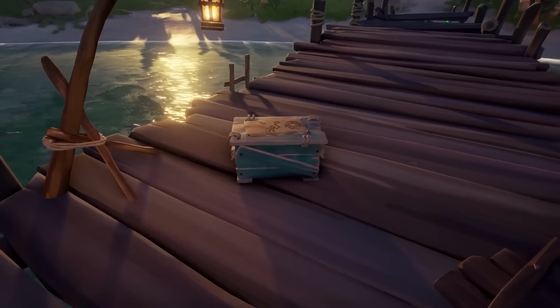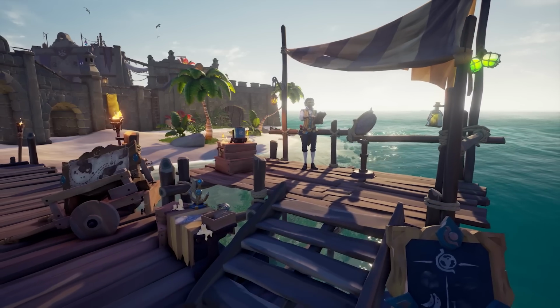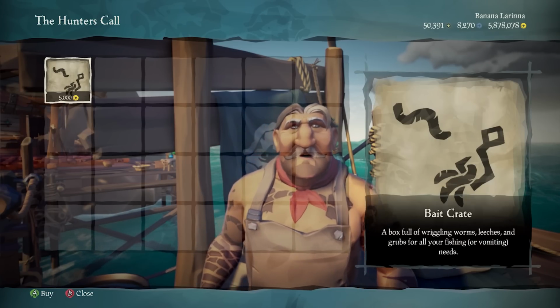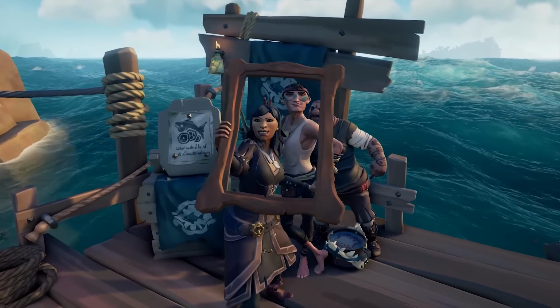Rare has added bait crates, which contain 50 of each bait. These crates will spawn on random islands, or you can purchase these from the Merchant Alliance or at any sea post from an NPC who you would sell fish to normally. And speaking of sea post NPCs, we now have a new face over at Steven Spoils who has replaced Merrick,